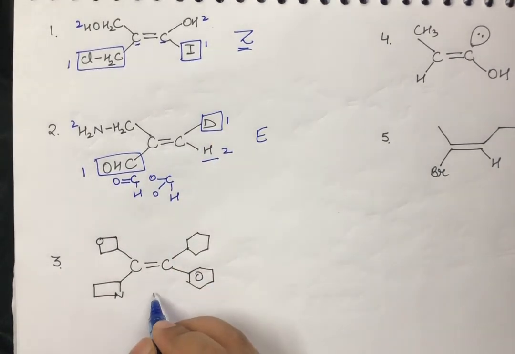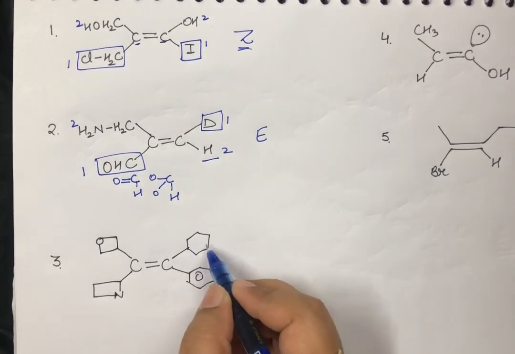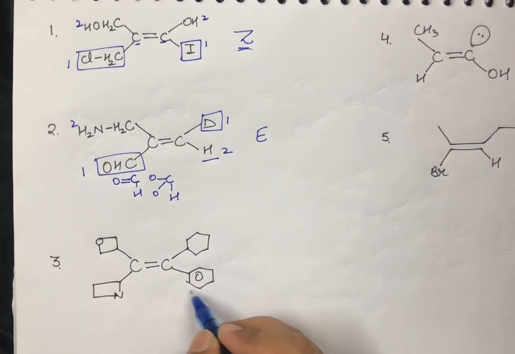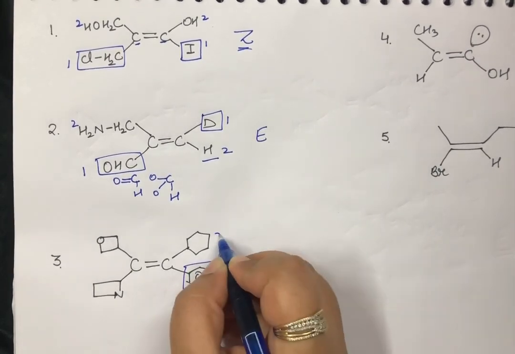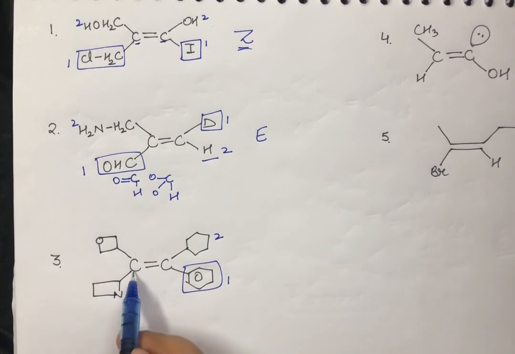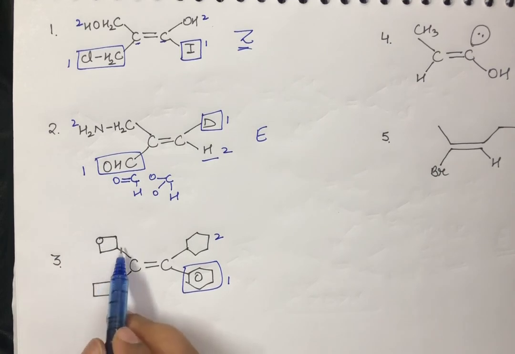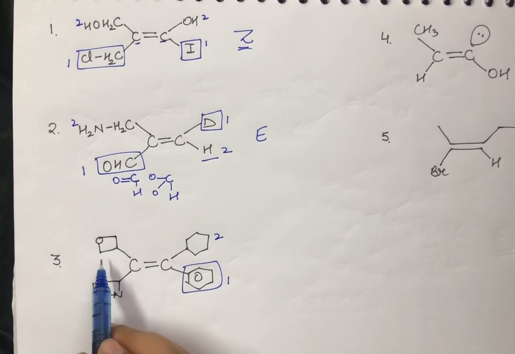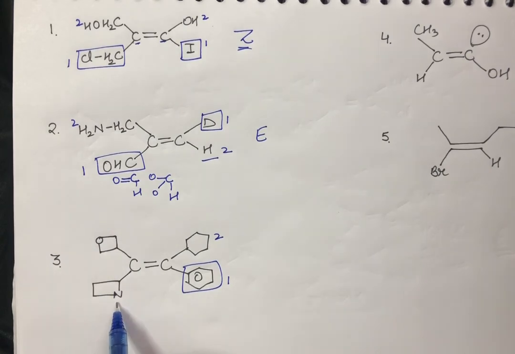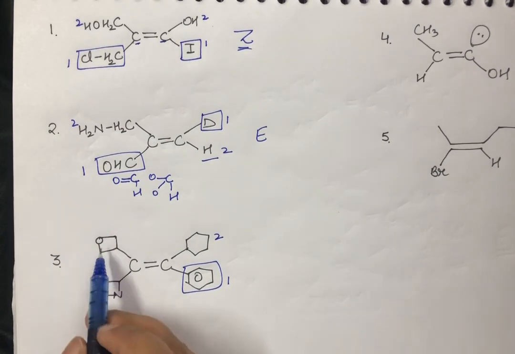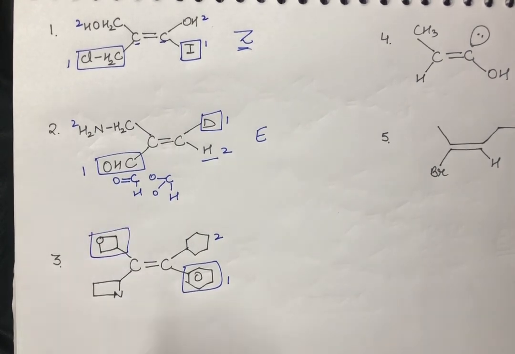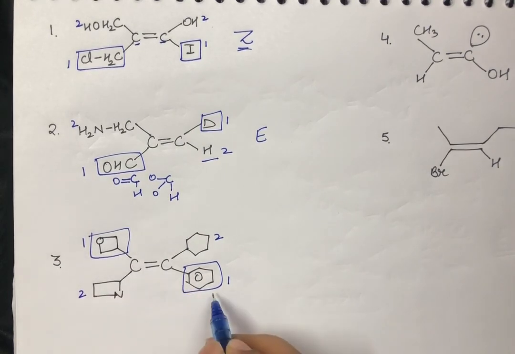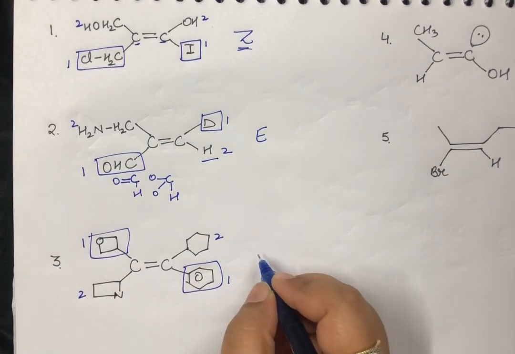Now when I talk about this compound, here it is attached to a 6-membered ring. It is also a 6-membered ring, but this is a benzene. This has 3 double bonds also. So definitely this is of more priority and this is of less priority. Now when I talk about this carbon, it is attached to a heterocyclic ring. Here in both the cases there are 3 carbons and 1 electronegative atom. Here it is oxygen, here it is nitrogen. And we know oxygen is atomic number 8, nitrogen is atomic number 7. So this is of more priority. So in this case, this is 1 and this is 2. Now they are on the opposite side. So what is the configuration? The configuration is,